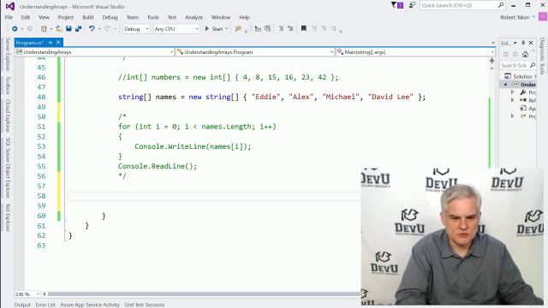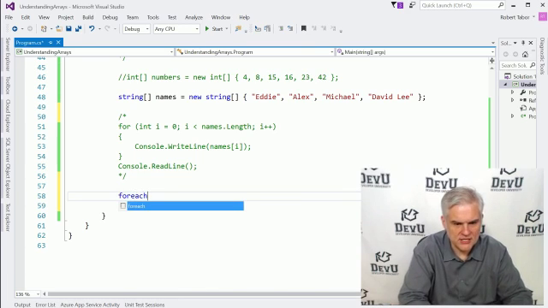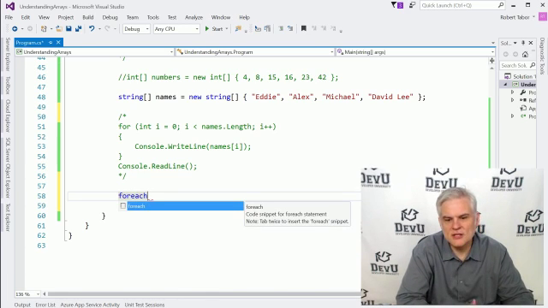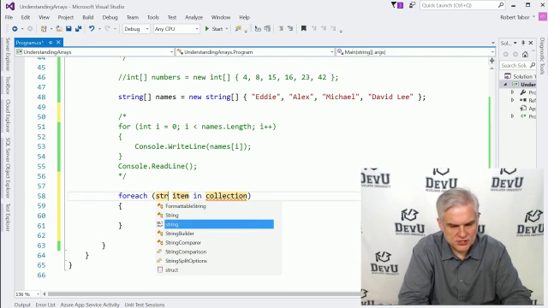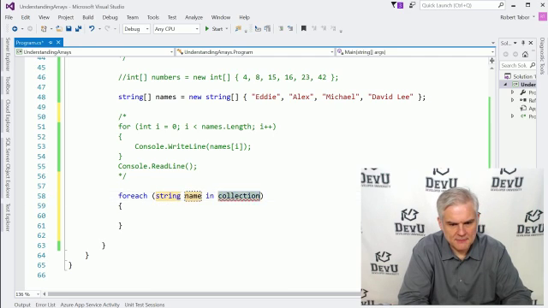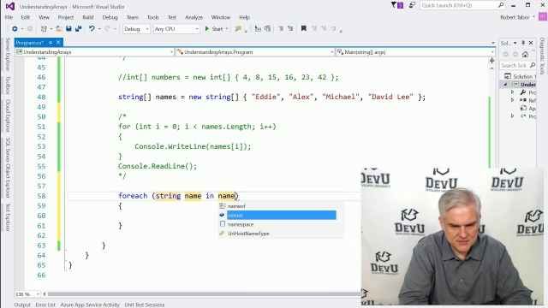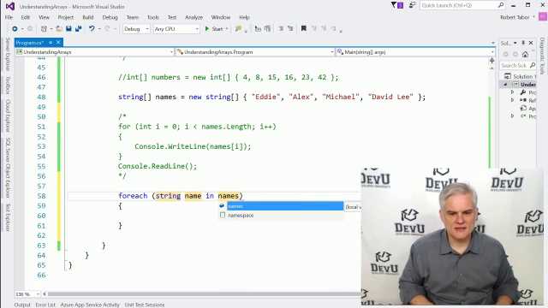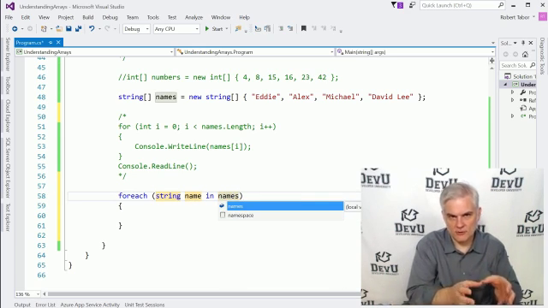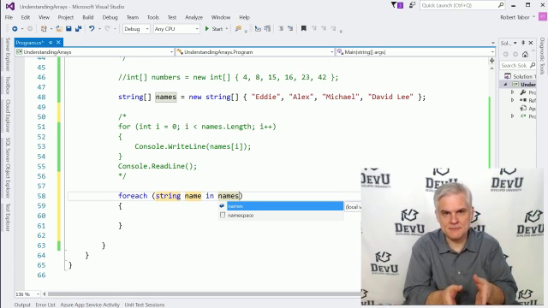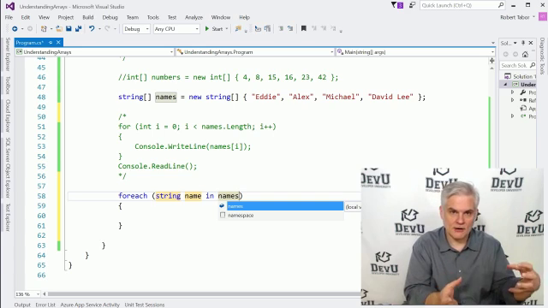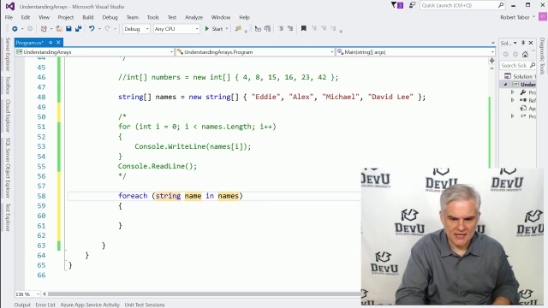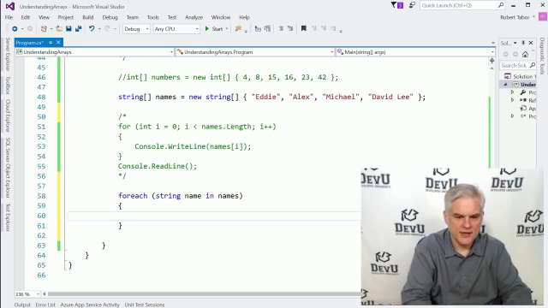So in this case, we'll just do this. We'll do for each, and I'll go ahead and use the code snippet. I'll just go tab tab. So for each string name in names, all right, and I've made up the term name as singular, and names is actually what we called our array, right? So now I'm going to hit enter on my keyboard twice, and I'll just do